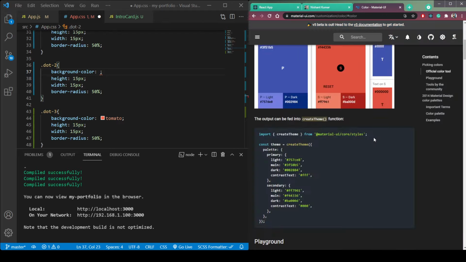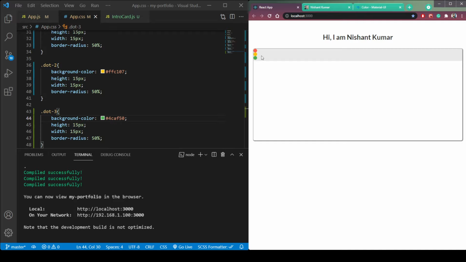Or I think this amber will be great. So here make this amber, and for green, let's say make it this green. So here replace tomato with green, and now you can see our 3 dots is here,